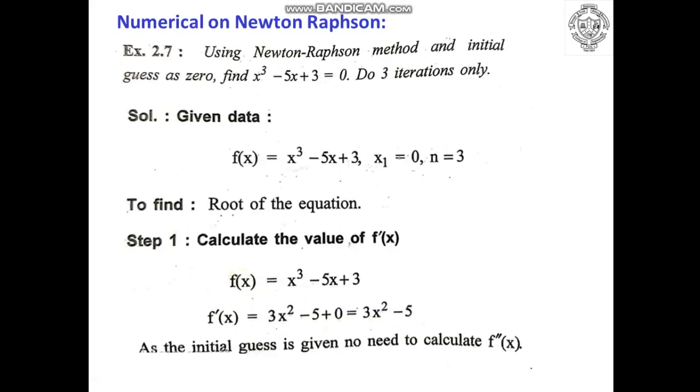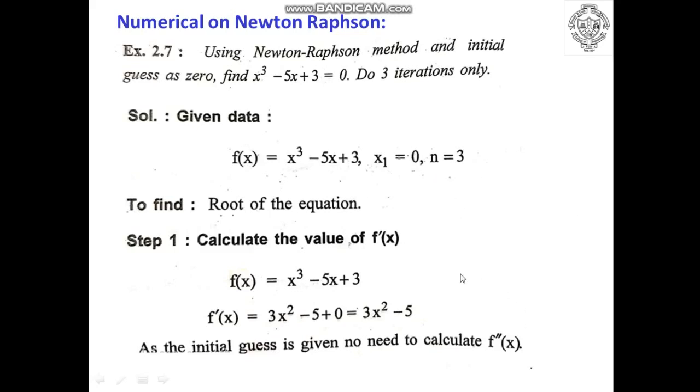So now let us try to solve one numerical using Newton-Raphson method. It is given as: using Newton-Raphson method and initial guess as 0, find root of equation x cube minus 5x plus 3 using 3 iterations. It is said that you do 3 iterations only. So I will write given data as f of x is equal to x cube minus 5x plus 3. Value of initial guess x1 is given, so I will write x1 is equal to 0